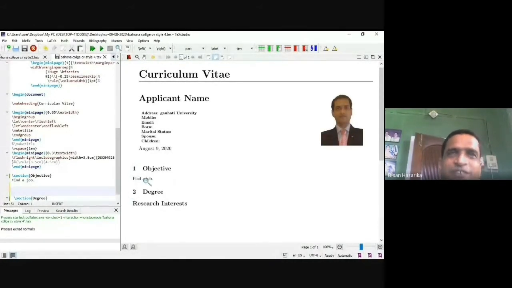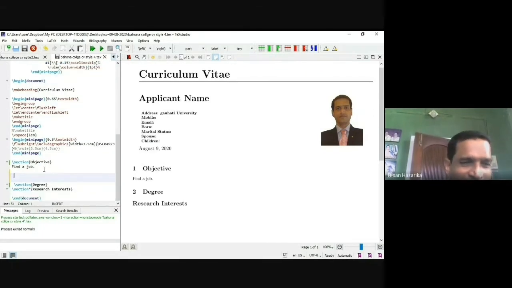But in Word, every time you have to put the number yourself. Here, if you put a section above or below, the serial number automatically changes. This is the bigger advantage of writing in LaTeX.